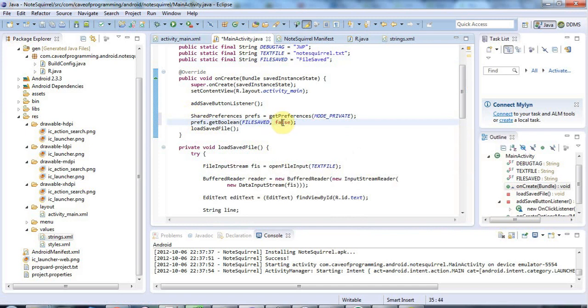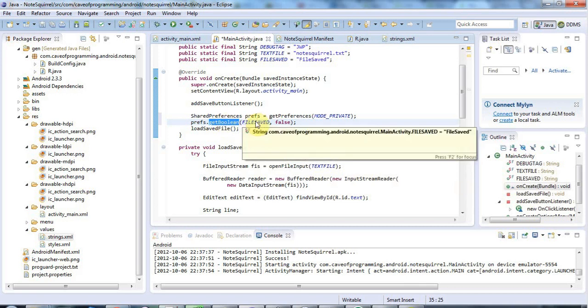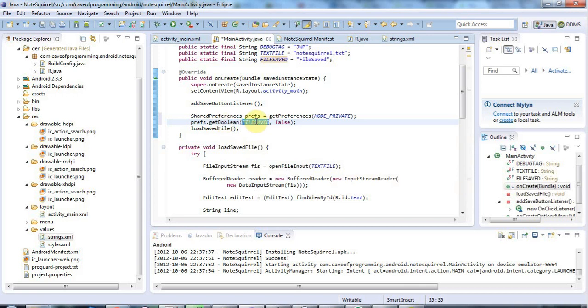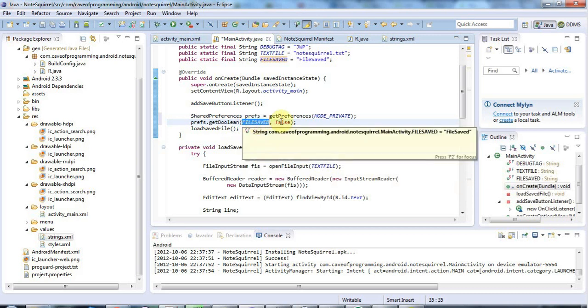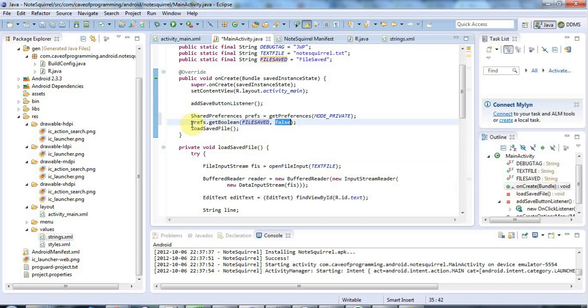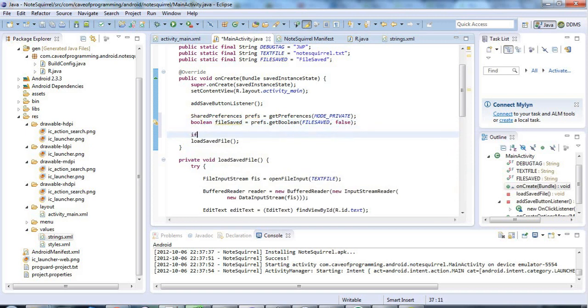So this default value is overridden if there is in fact a preference saved for this key, and if there isn't anything saved, if you haven't done a put and a commit for this key previously, then you'll get your default value here. So let's say here boolean file saved equals like that,